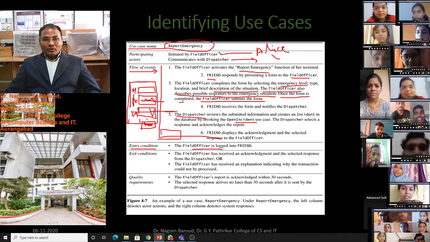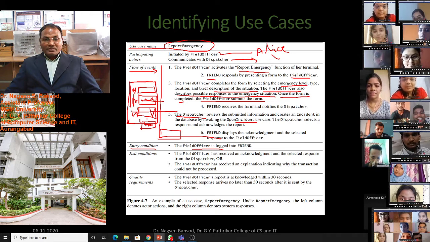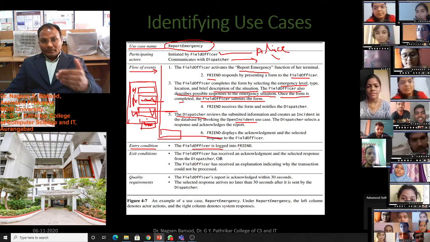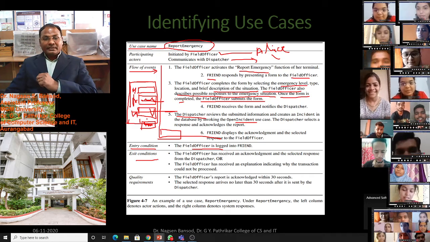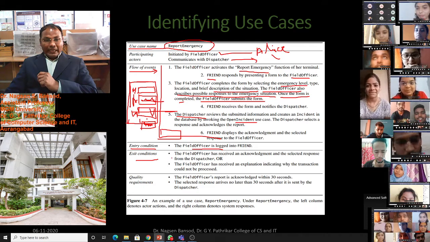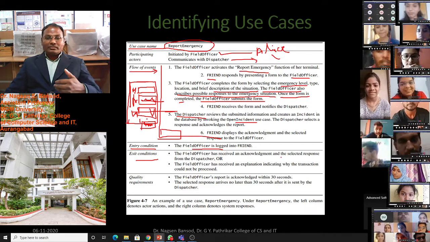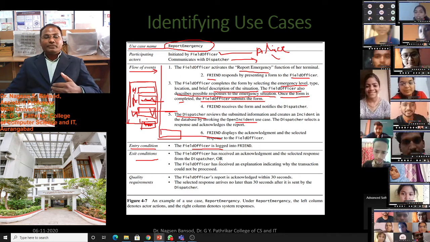What is done by field officer? Field officer logged into Friend. He entered into the Friend software. Then exit condition. Exit condition is the field officer has received an acknowledgement and the selected responses from the dispatcher,